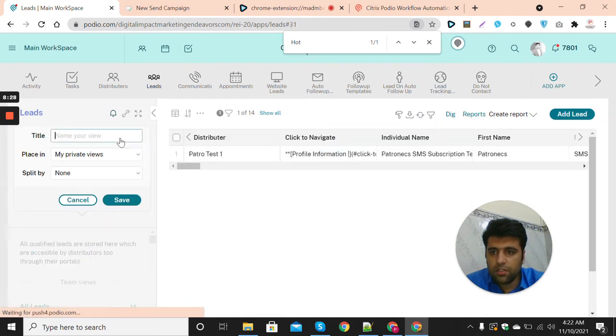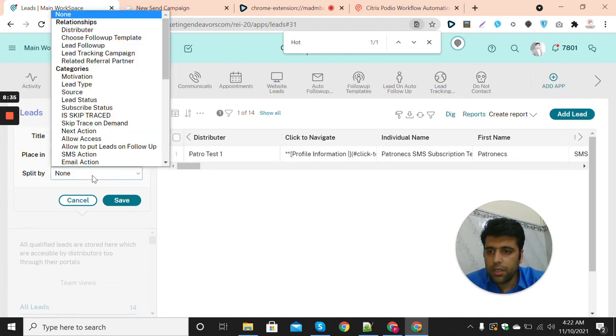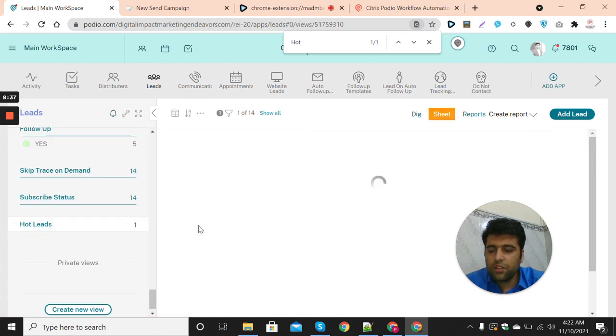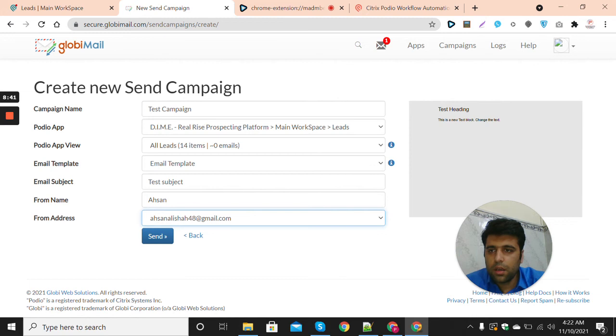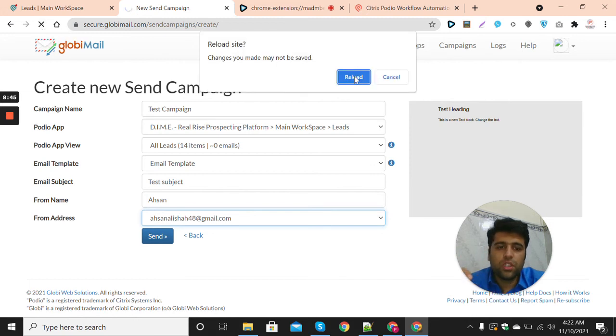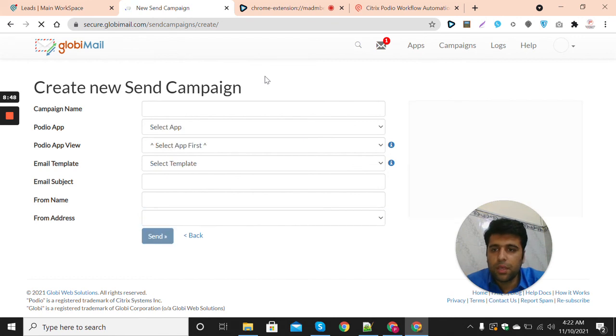Okay, now I can save this view. I can name it hot leads, make it a public view and save it. Once it is saved, it is visible here, and now if I come here and refresh my screen, then I should be able to see this view in the campaign section. I will have to provide the name and other details again,